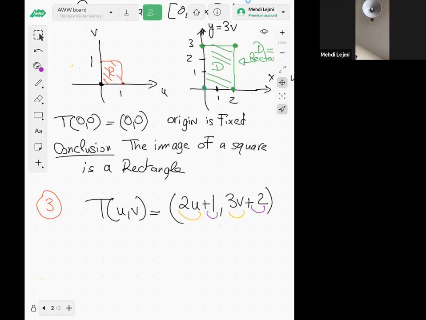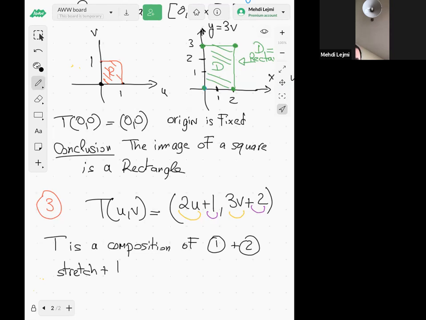So what I'm saying is that this third example is a composition of the first two examples. You have to stretch and then you have to shift, or translate, right? Anyway, guys,